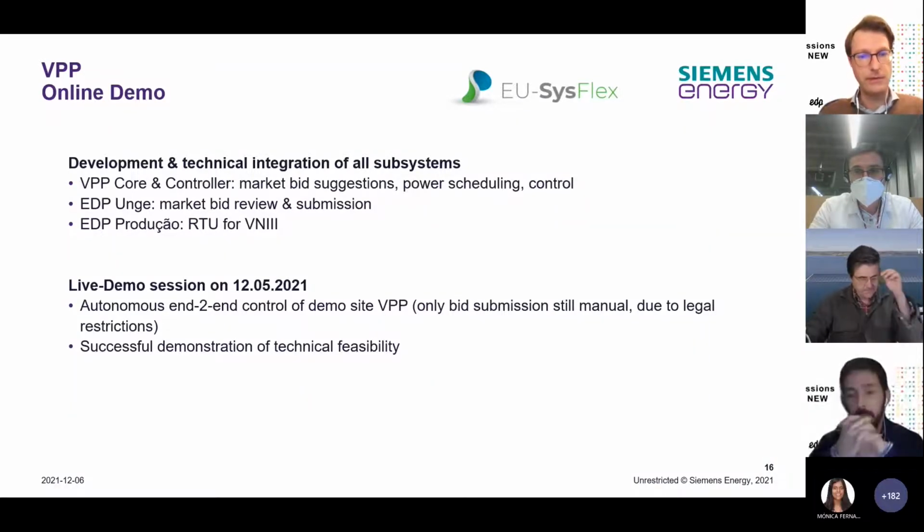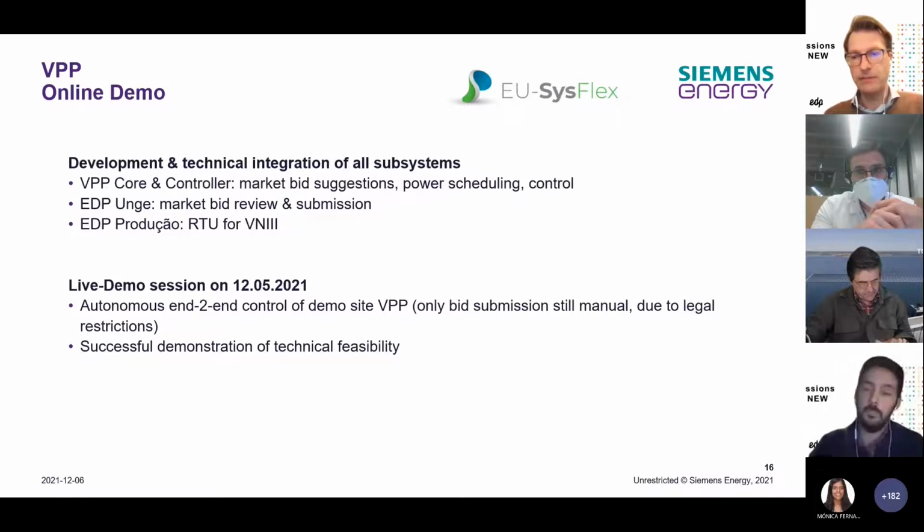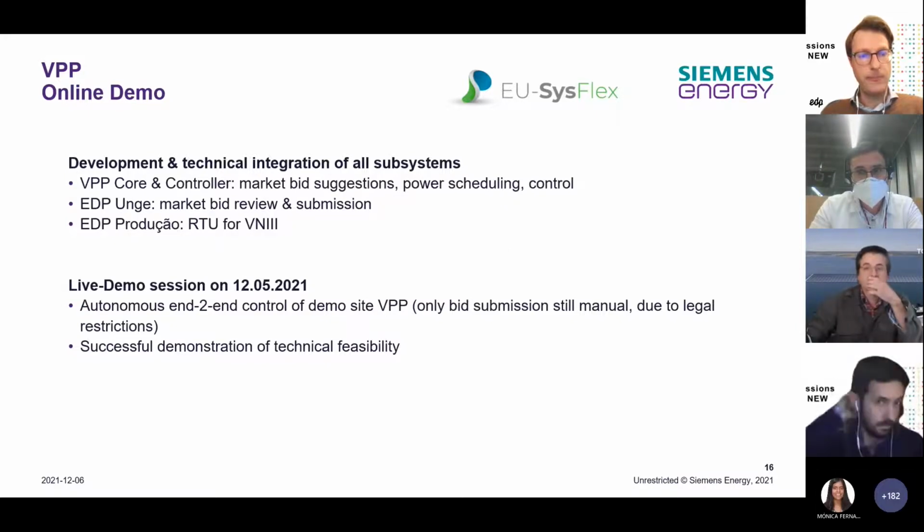There was also a lot of integration work to be done, especially on integrating a service on the EDP side to visualize market bid data that is being calculated by the VPP core,